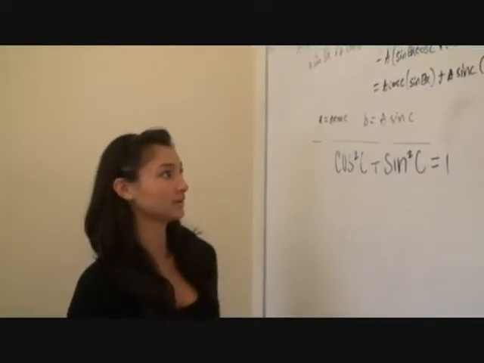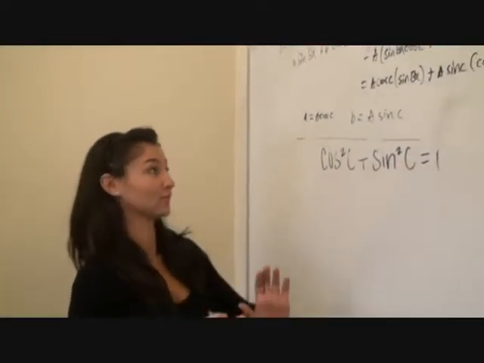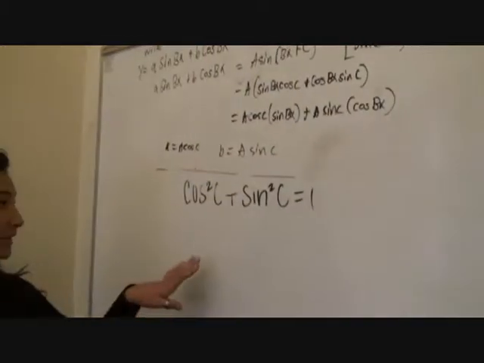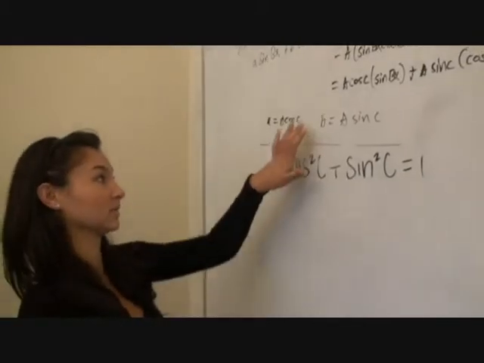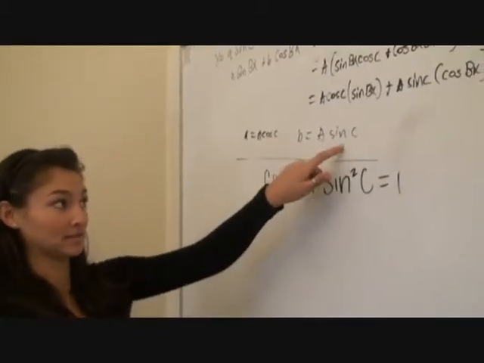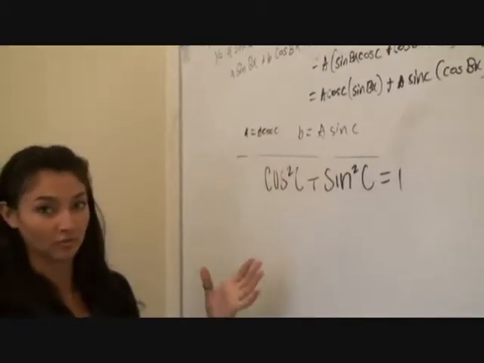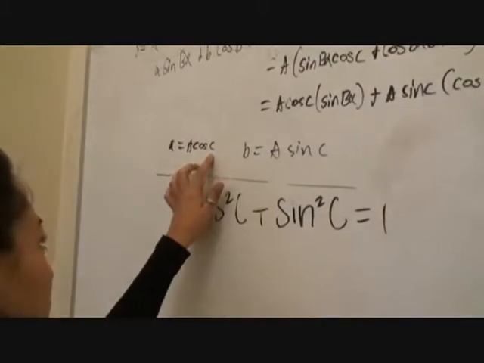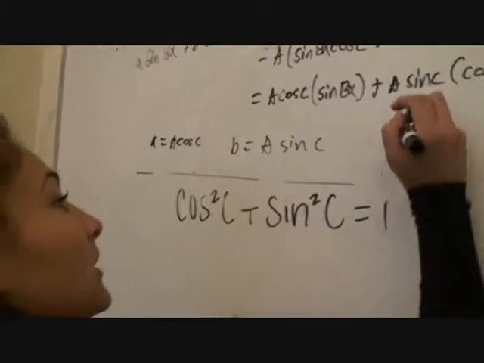Okay, so up to this point, we have no official values for A, B, or C. And so we're going to utilize the Pythagorean identity along with the ratios we determined by isolating C to solve for A. So if we go to solve for C with these two, you're going to get